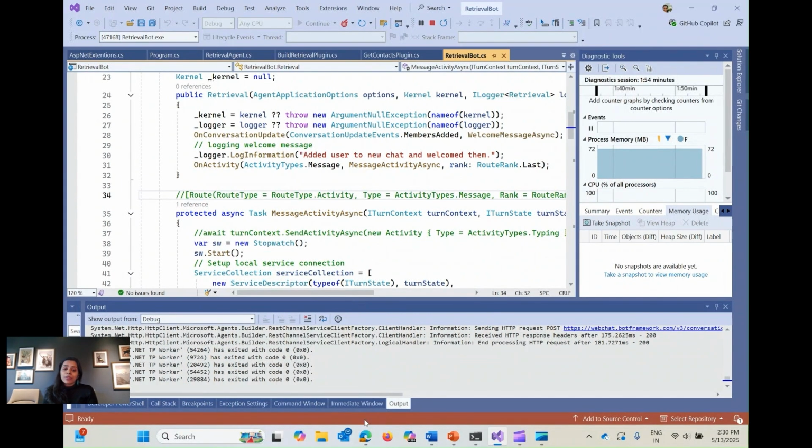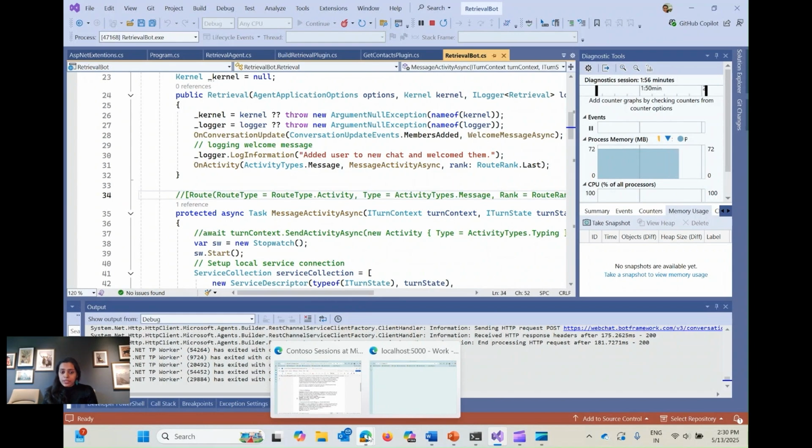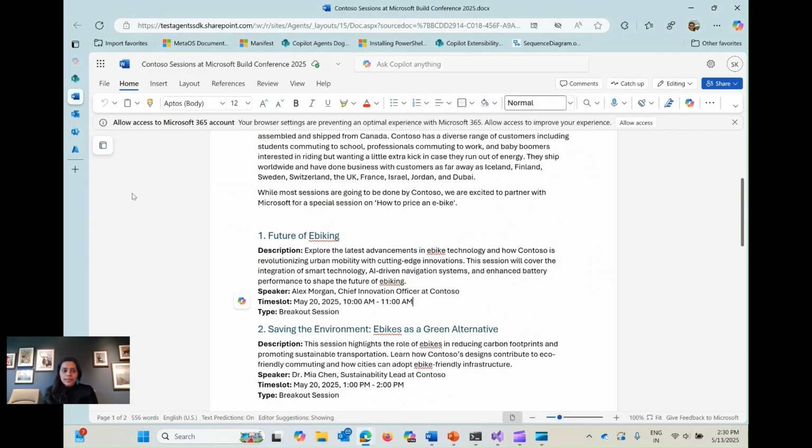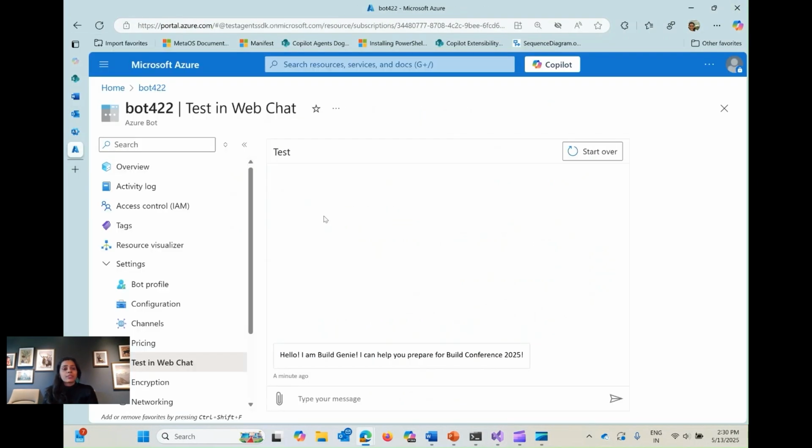This agent can be deployed to M365 Copilot. But before deploying it to your production environments or your tenants, what I would like to do and what you should be doing is test this agent inside the Azure portal, in the Azure bot service that you created, using the test in web chat interface. And here I have my agent that I'm going to start over.